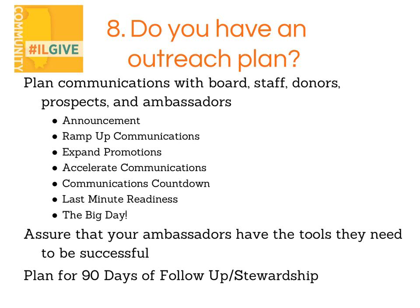You also want to include maybe some last-minute readiness, especially for your ambassadors and your staff, so that they know exactly how to proceed on the day, and that they're ready in case they have any questions, they can reach out to you. And then having some big day communications are also super important. You want to, again, remind people that it's happening, maybe let them know of your progress throughout the day. So, we've reached 50% of our goal, or, we've raised this much money, and this is how it will make an impact. So having those communications ready and scheduled is super important to kind of ease your responsibilities on the